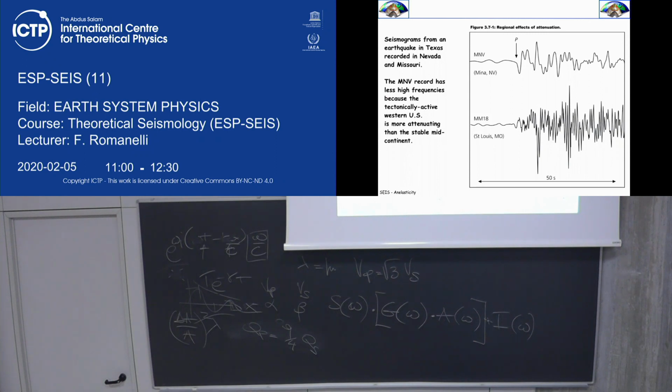The other one is a recording in St. Louis, it is Missouri, I guess. And it's one of the places that I was telling you about, where an earthquake occurred 2 centuries ago. Now look at the signals. They are totally different in terms of amplitude, but especially of frequency content. You see that the lower one contains much more high frequency. You see. And in some sense also amplitude.